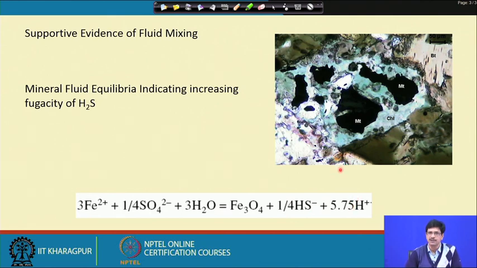So, what is the consequence of such a mixing process? In the ore we see that there is magnetite, and this magnetite is early, and later gives way to a sulphide stage of deposition of minerals like pyrite and chalcopyrite. This early magnetite is very much associated with extensive chloritization of the ferromagnesian minerals present in the granite, possibly in the close vicinity of the ore body.